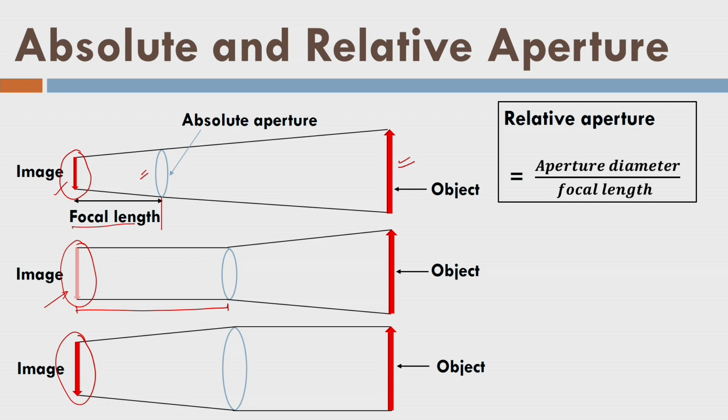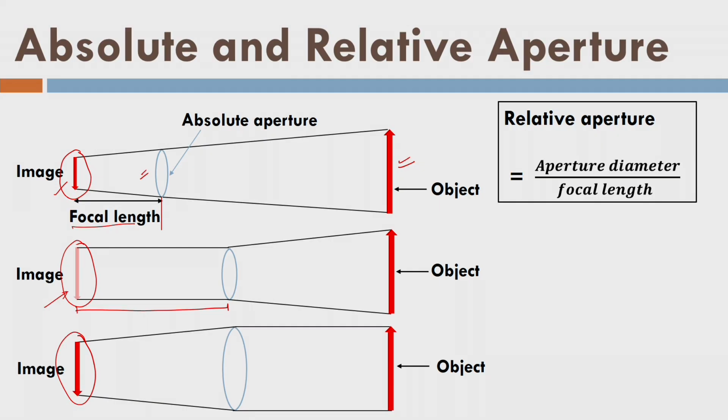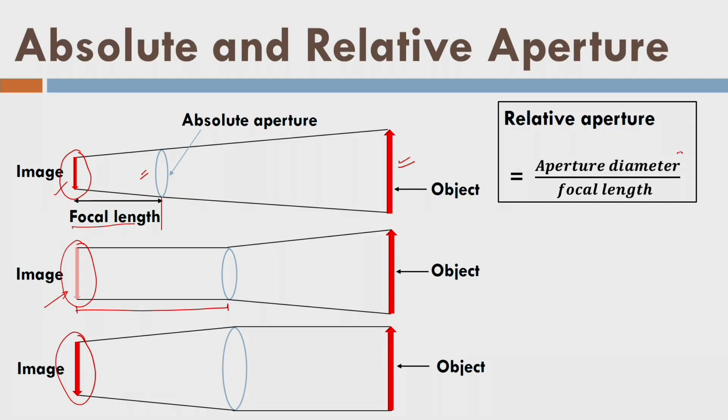So now we understood that there is some relationship between the focal length and aperture size. Aperture is controlling the amount of light, or the illumination, the quality of visibility or radiometric quality, and focal length is controlling my spatial quality, the details. So let us have the relationship between the two. The ratio of aperture diameter and focal length is called relative aperture.